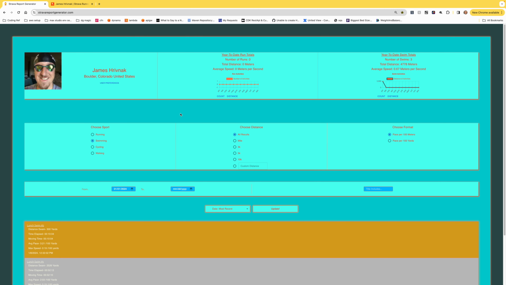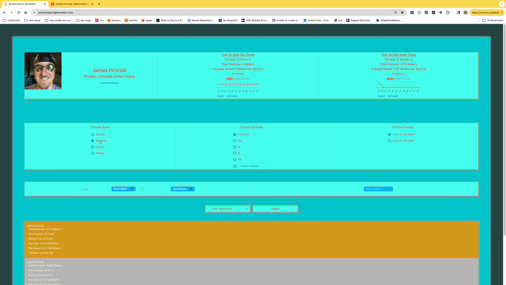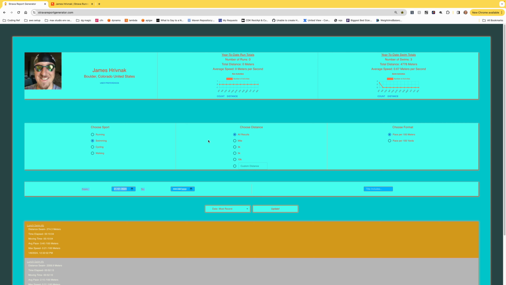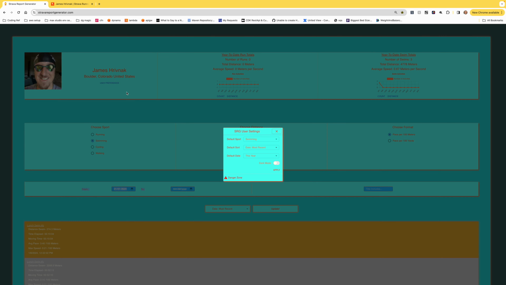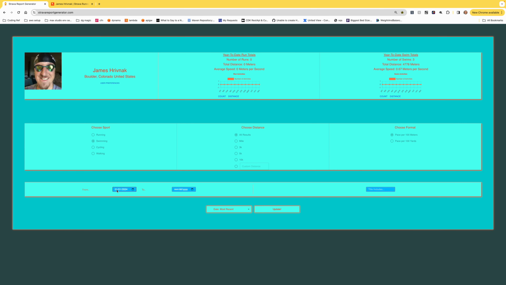And if we apply that and we refresh the page, we can see that swimming is the default sport. The default time is from this year. And what was the final thing? Oh, most recent. The date is most recent. So again, these are these 3 swims I did this year, and we can see that they're still ranked. If I change this again to this month, it'll be the same because it's still the first of the month. But if it was February, it would show 2-1 instead of